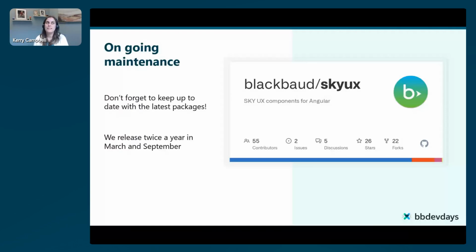we have ongoing maintenance. So we continue to maintain, like I called out earlier, the value of utilizing the SkyUX component library as a package that you install, is that you continue to get the updates that we release. We release twice a year. We've actually standardized to March, kind of the end of March, and September based on some of our regular planning cycles internally to Blackbaud. Previously, we had been following Angular's twice a year release process, but we've decoupled a little